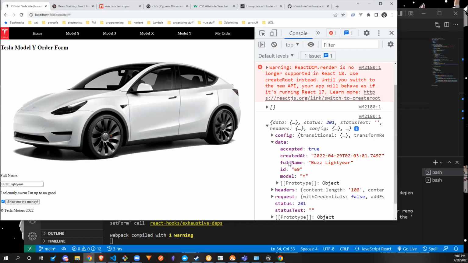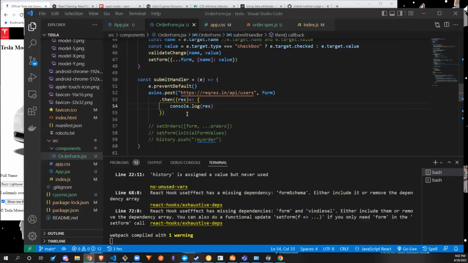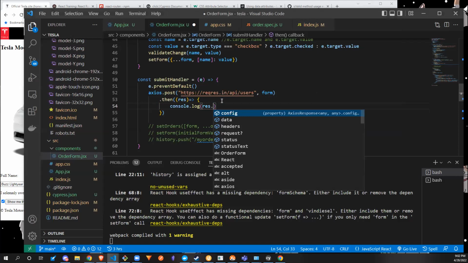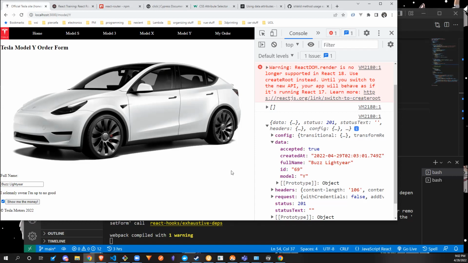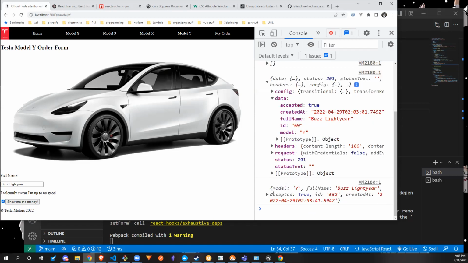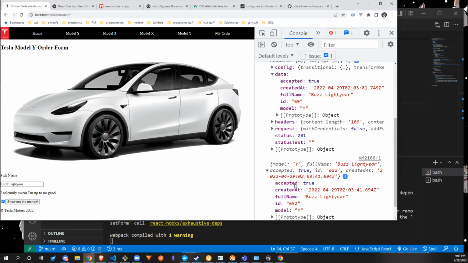So accepted, created at, full name, it's got an ID, model Y. So it's injected a lot of really nice stuff into here that we can use to set a key, or set a key with 69 on it, which is fantastic. So let's do, we'll console log res.data, right? So save it, just make sure this is in the format that we want. So notice how it's an object with all of the information that we're sort of expecting to put into